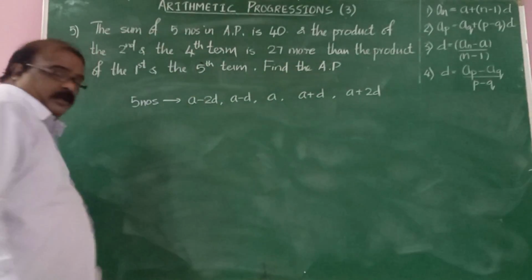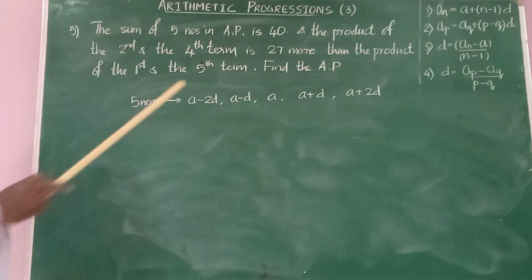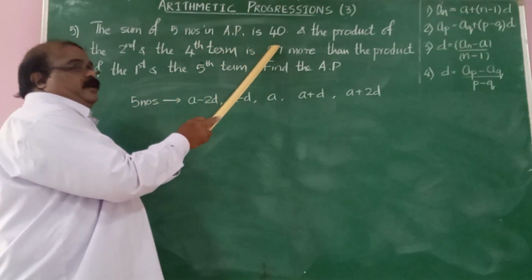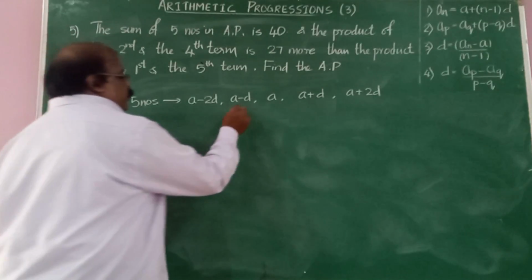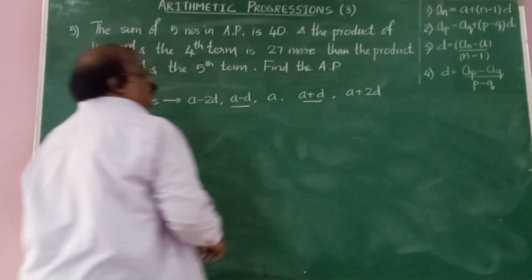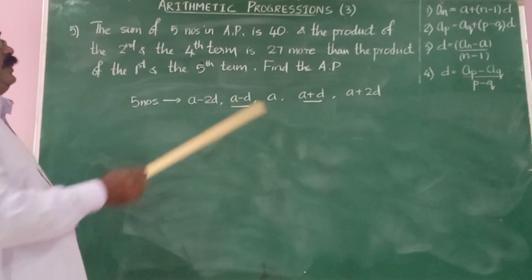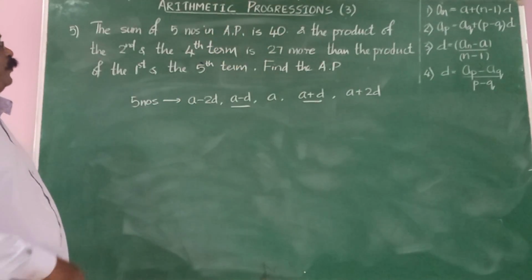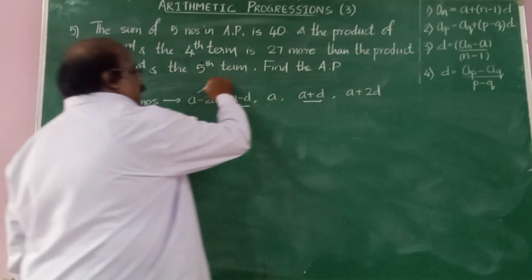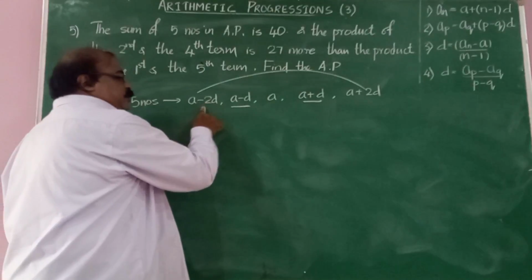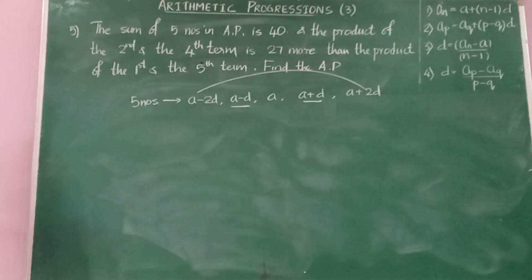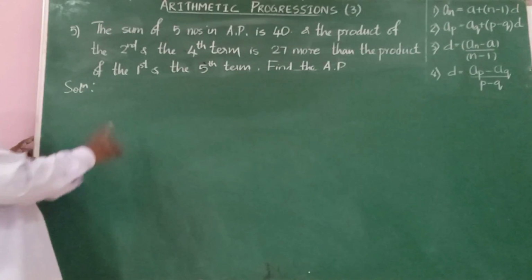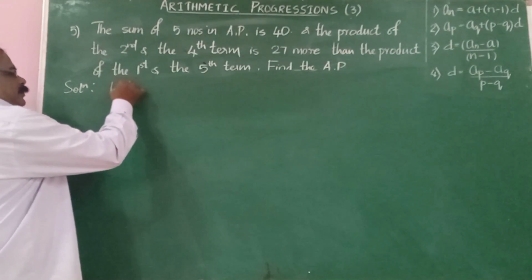I repeat my question. The sum of five numbers in AP is 40. The product of the second and the fourth is 27 more than the product of the first and the fifth term. This is the first term and the fifth term. So what will be my first statement? Yes. So let the five numbers